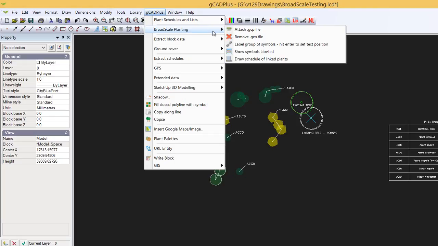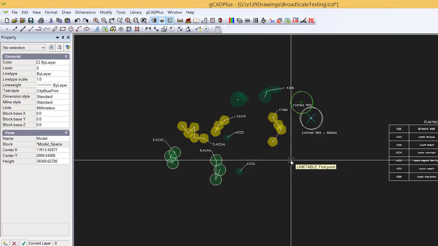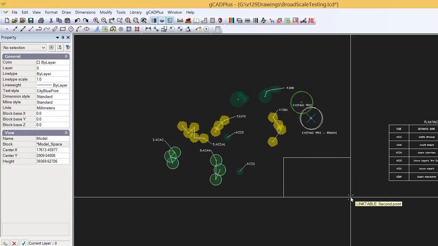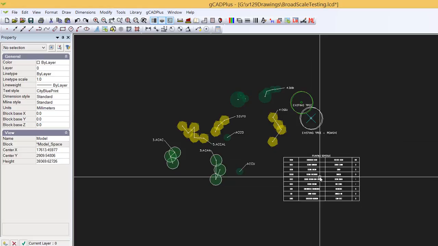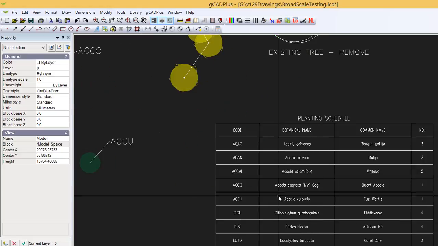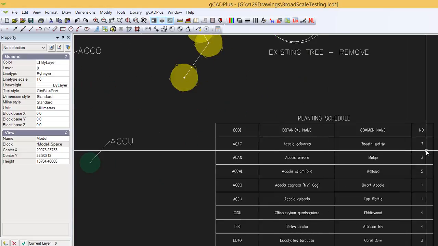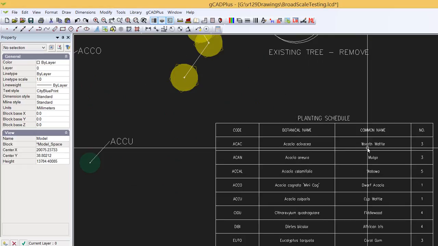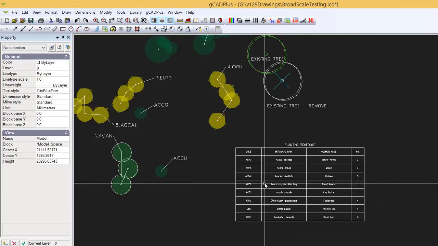broad scale planting and draw the schedule of link plants. So we'll put it here and come down to there, and there is our schedule. So the count is automatically done, the botanical name and common name are written there. So we hope that using that tool enables you to work with broad scale landscape plans with a deal of